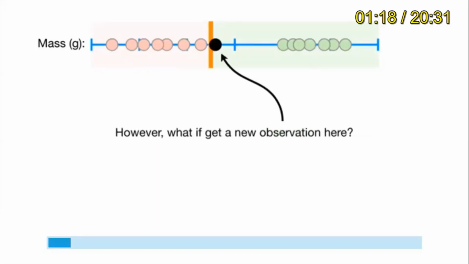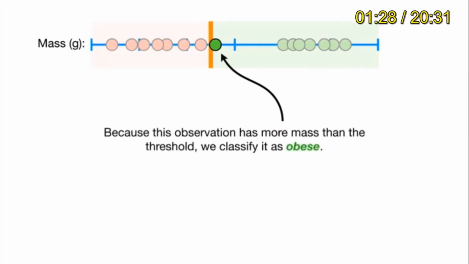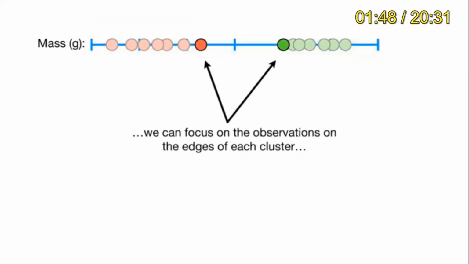But the problem is, now imagine this particular point. Because of this model, we are going to classify it as obese. But you can see that this particular point, the black point, is much closer to the not obese points. So in this particular case, the model will fail. It means the threshold line that you made is not going to be valid. We have to make it more proper.